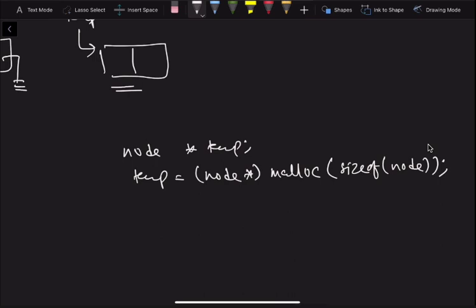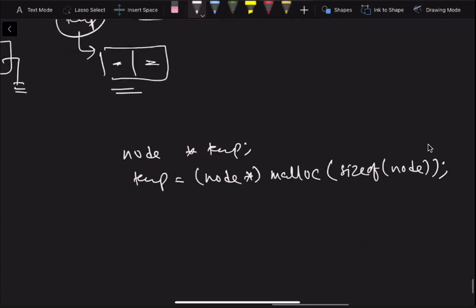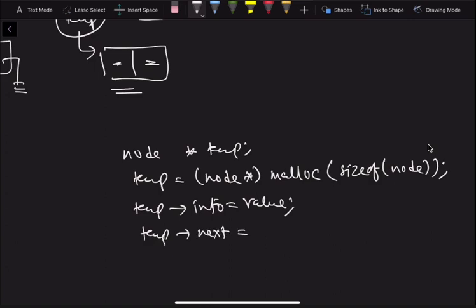Since the node is created and I don't know where is head, I don't care about it also. Obviously I need the values here, so I can assign it by temp also. So what I'll do is, I'll do like this. So temp information is equal to value, and temp next is equal to null.